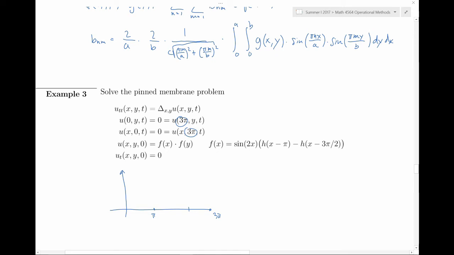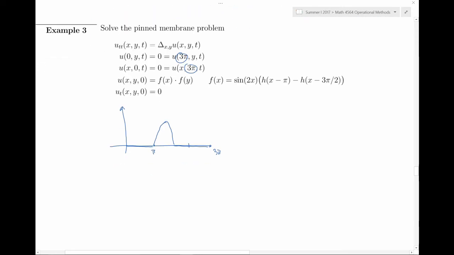That means the sine 2x will only go through half of its cycle, and it's going to be 0 again. So when I multiply these functions, the graph that I'm going to get is this function, sine, both applied in terms of x and y. And it'll give me this kind of bump in the xy plane,